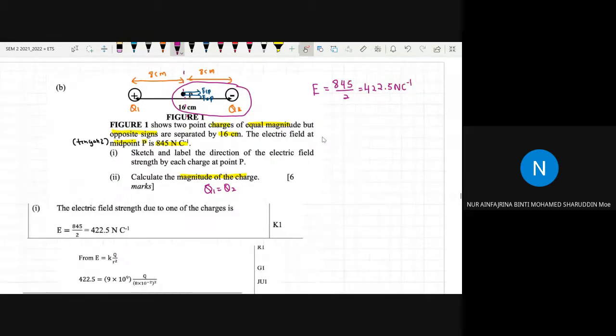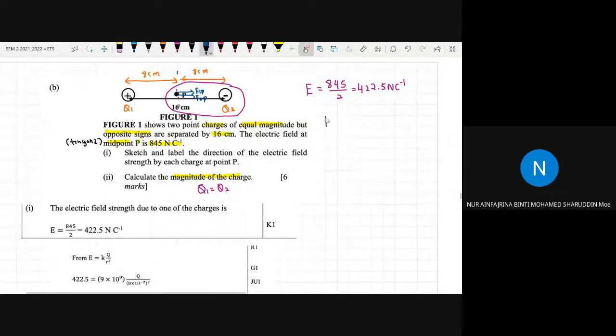So lepas Miss dah dapat dia punya electric field strength, Miss akan masukkan ke dalam formula dia, which is KQ over R squared. Okay, tadi Miss cari Q2 kan? So dia akan jadi 9 times 10 to power of 9. Q Miss negatif, tapi untuk electric field kita tak perlu masukkan negatif, just remain as Q2 dan distance between charge 2 ni sampailah point P adalah 8 cm. Okay, so you will get your charge 2 will be